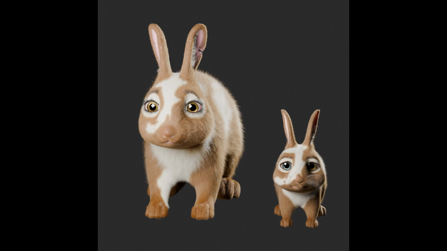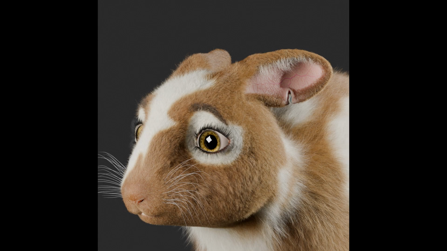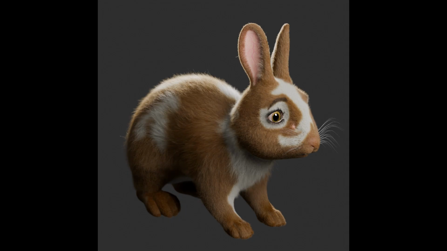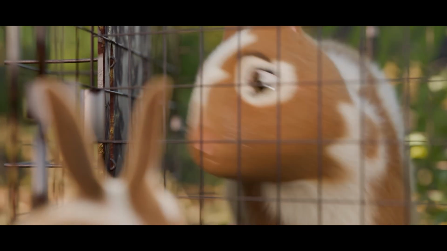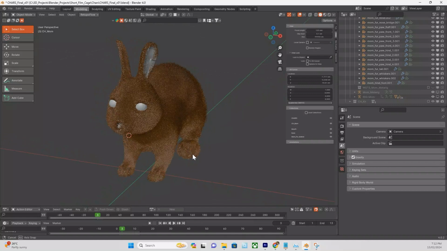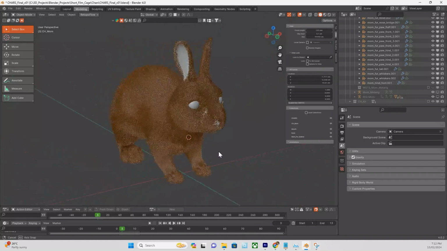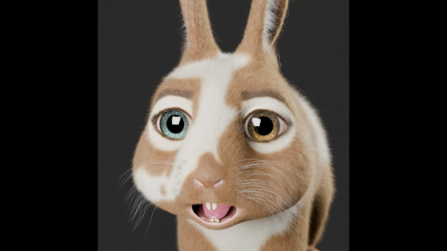I was trying to imply a mother-child relationship, but it's not as easy as you'd think to communicate gender in a semi-anatomically realistic character. But I gave her some nice lashes, and hopefully people can intuit that she's a mother. Once I finished the fur, I actually baked all the geometry nodes into real geometry. Without having to do all the node calculations, it was much more performant in the viewport. The final thing I did was create the teeth and gums and do some basic texture painting in Blender. The models were again rigged with Rigify, and I did some basic testing and was ready to start animating.